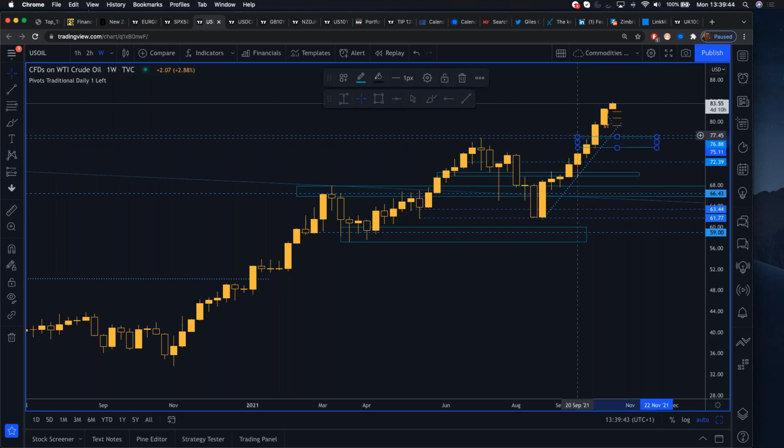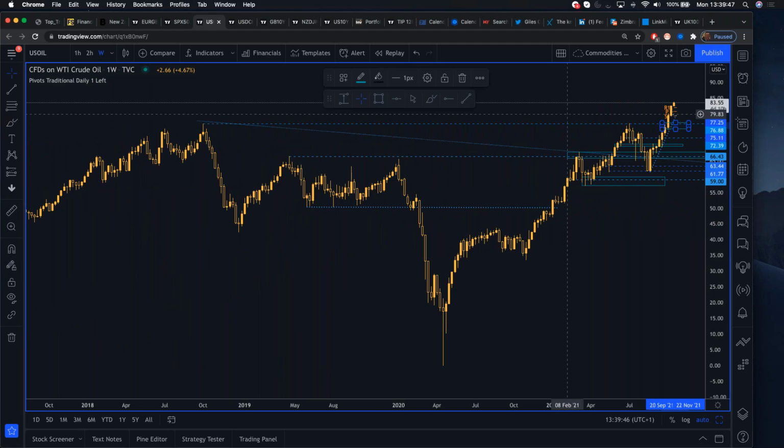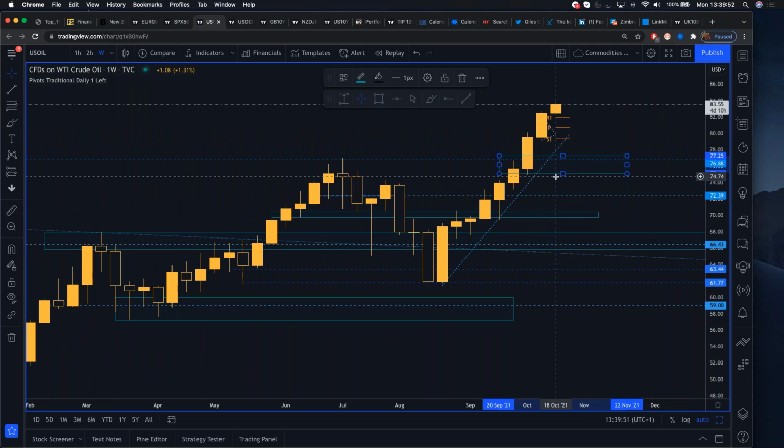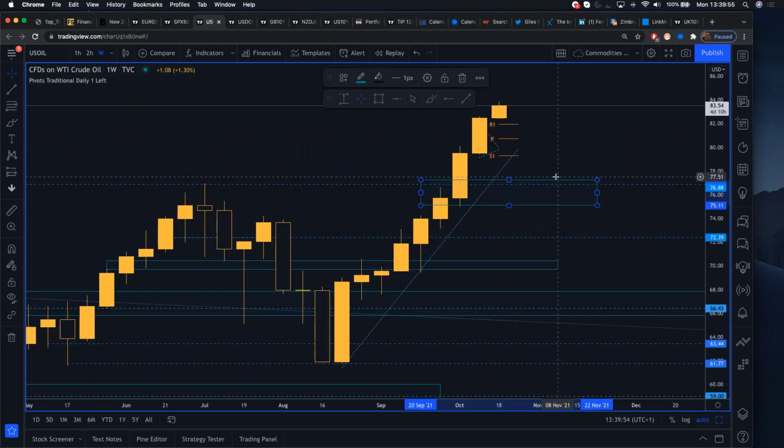Now, quick aside, the best area to go long on oil is from 77. That is a very key overhead resistance level here. So resistance turns support. Now, why are oil markets moving higher? For a few reasons. One, falling COVID cases around the globe, rising vaccination rates. Two, demand is expected to increase over the coming weeks and months as the world gets back to flying and moving and traveling again. Three, OPEC do a very good job at maintaining just the right amount of oil supply to keep prices supported.